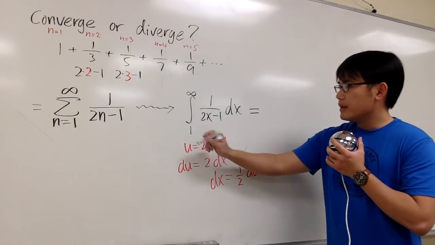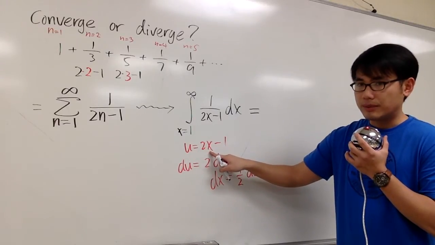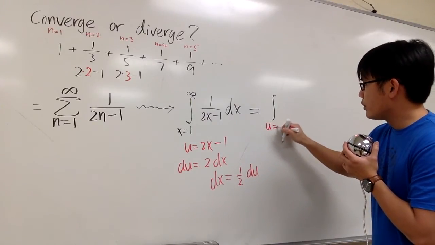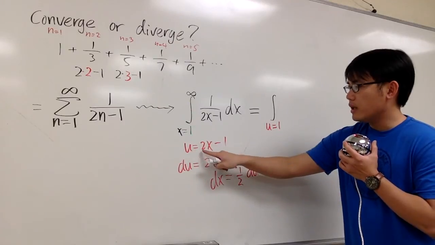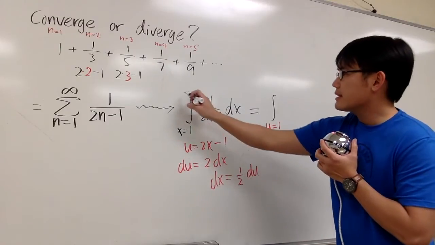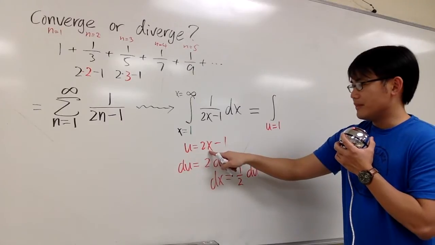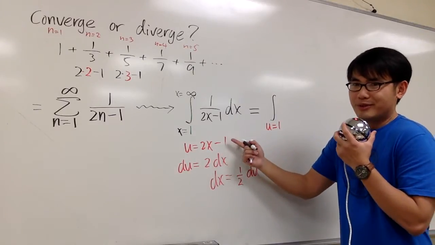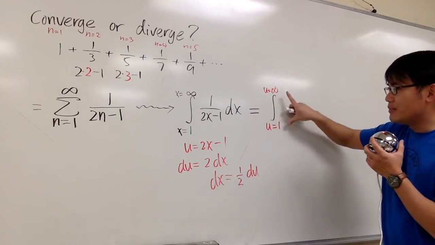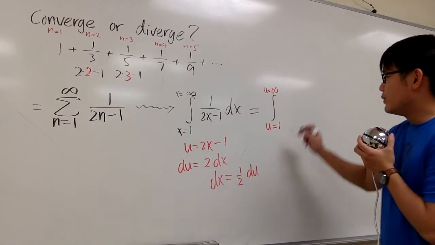And by the way, when x is equal to 1, u will be 2 times 1, which is 2, minus 1. So u will be going from 1. When x is 1, 2 times 1 is 2, minus 1, u is 1. And when x approaches infinity, well, u will be 2 times infinity, which is infinity, and then minus 1, which doesn't really matter. So u will still be going to infinity. So technically, we have to change the limit in terms of u, but it just happens to be identical in this case. Anyways, we have 1 over